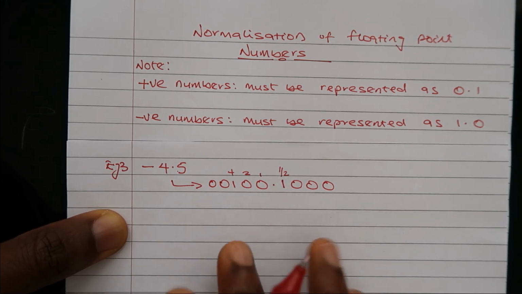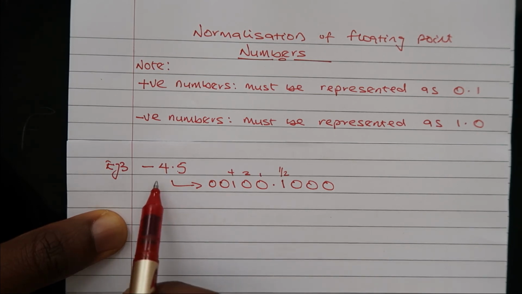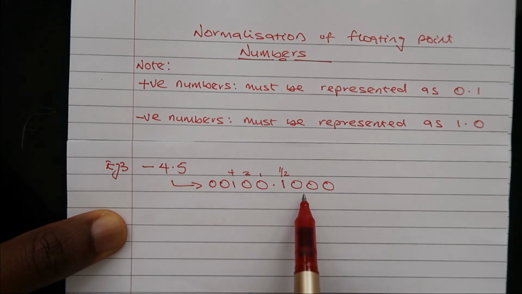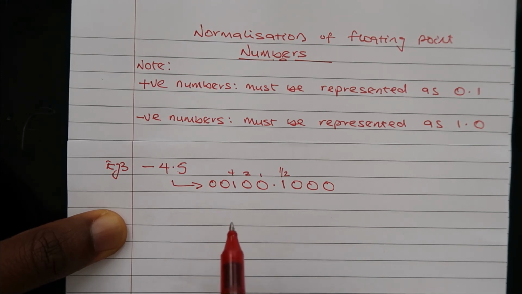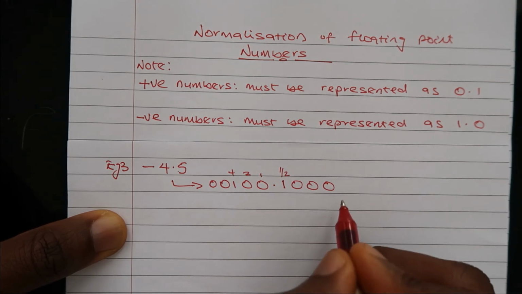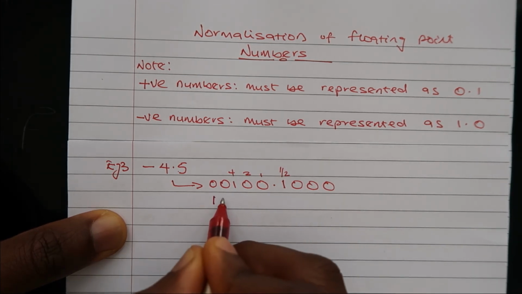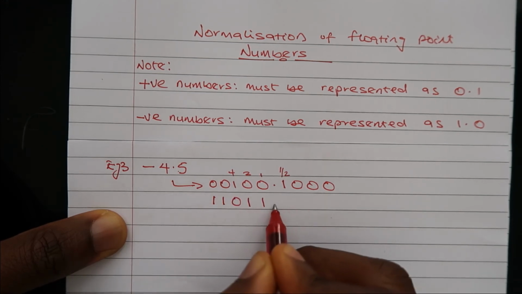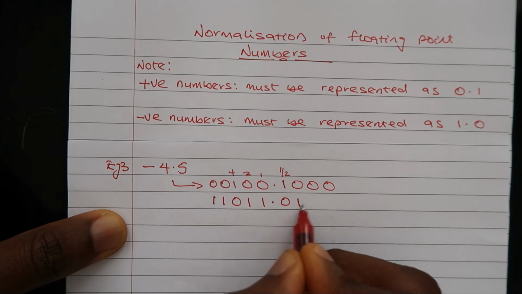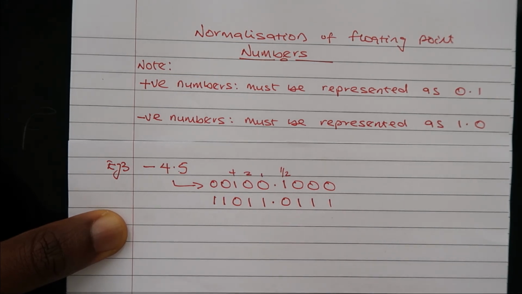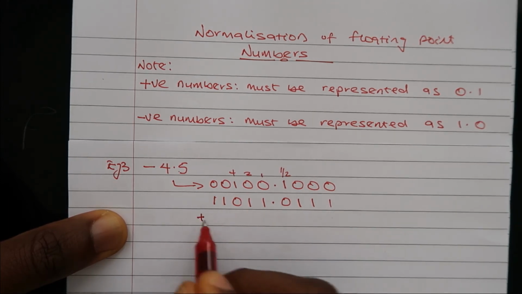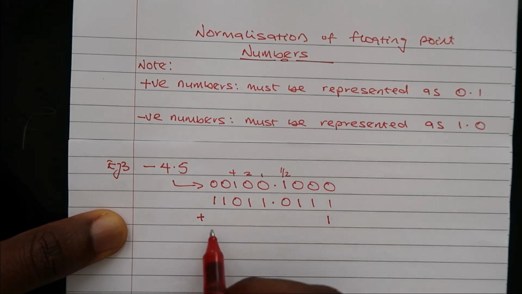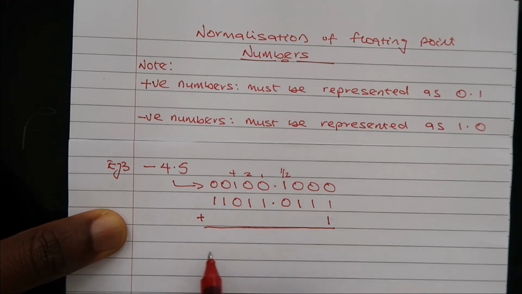So having done this, because this is a negative number, I would have to represent it in its 2's complement form. To do that, I would have to flip the zeros to 1s and the 1s to zeros. So technically, I would then have 1, 1, 0, 1, 1, point, 0, 1, 1, 1. Once I've done this, it's now in its 1's complement form. To get to its 2's complement form, I'm going to add 1. So if I add 1 to this,